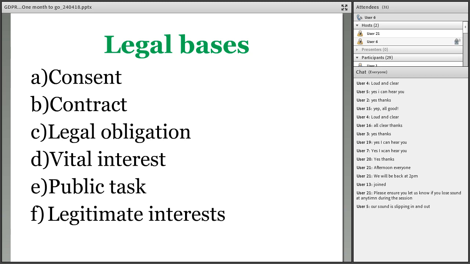So we won't go through these in detail, but the 6 legal bases available for processing personal data under the GDPR are the ones that you can see on your screen. It's really important for you to determine your lawful basis before you begin processing data, and you should actually document that basis as well. Take care to get the legal basis right the first time, because you shouldn't swap to a different lawful basis at a later date